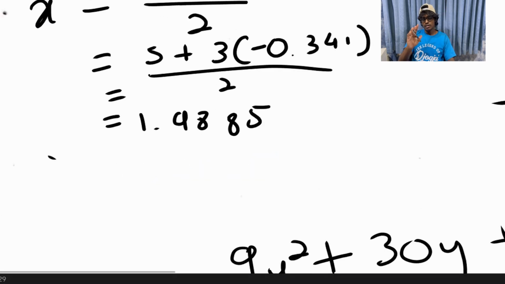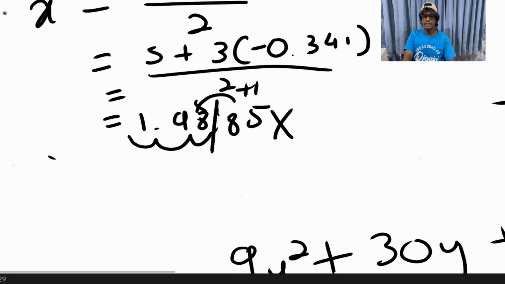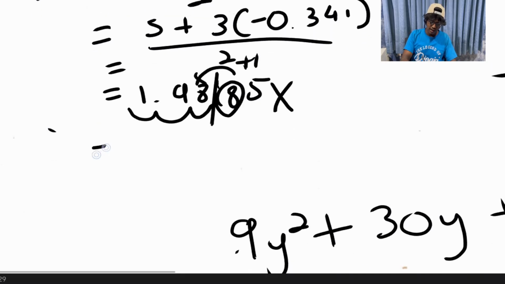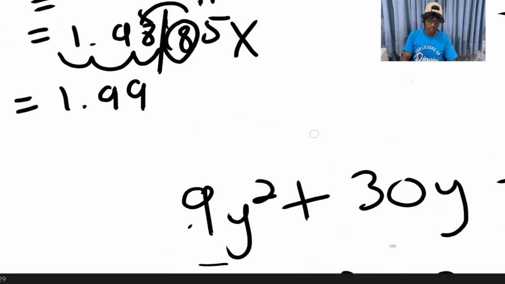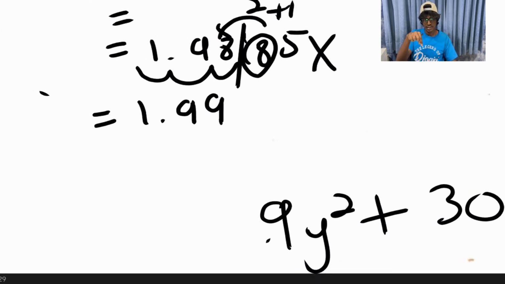1.9885. And just a reminder, this is absolutely wrong. Why? Because they asked in 3 significant figures. So 1, 2, 3. And can this be plus by 1? Yes, because this number over here is more than 5. So the answer will be 1.99. And do not take this lightly, because Add Maths is incredibly precise, and if you even do the slightest mistake, they'll take away